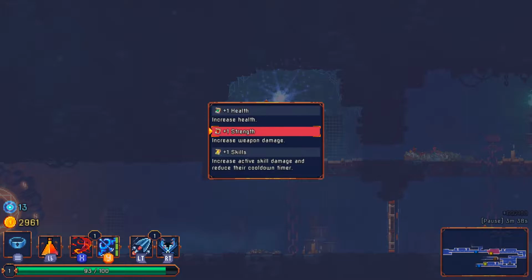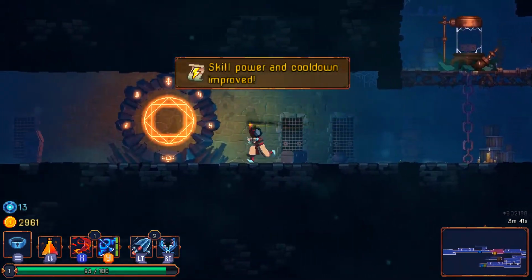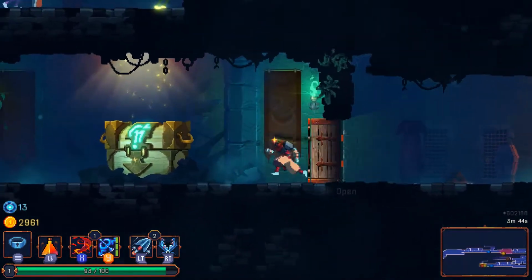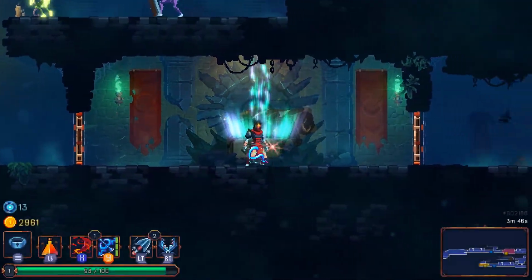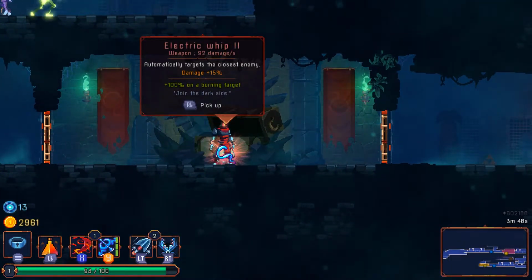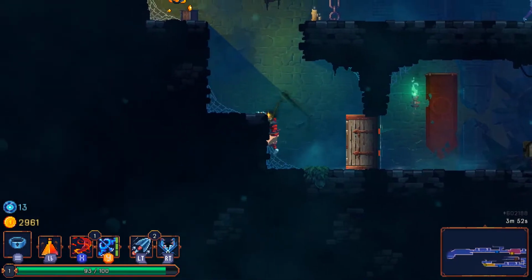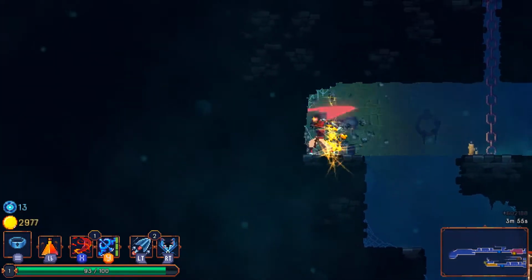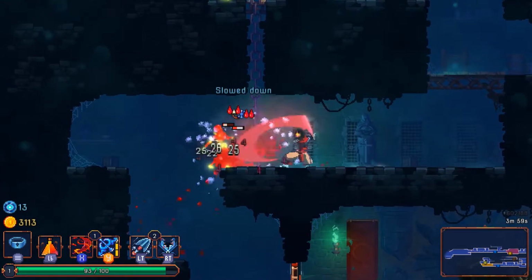More HP for tankiness, better skills, better strength. I've actually started with some pretty good skills, so let's increase the efficacy of those. That's never a bad choice unless you just, you know, happen to not find any skills on a run, which I've had happen in the past. Extra damage to burning, I love the electrical whip, but I think the bleed sword is better at the moment. If it had a better random effect, maybe I'd go with that, but as it is,